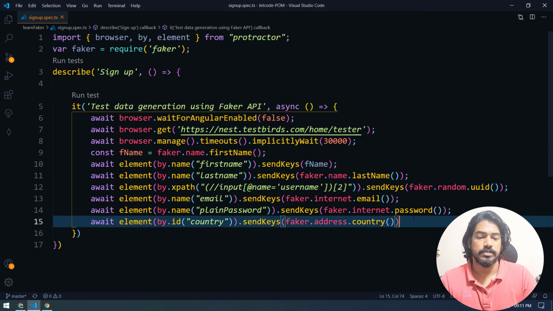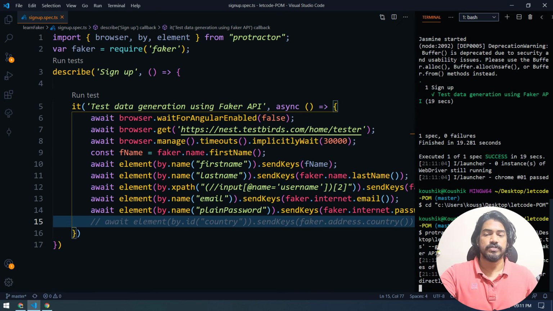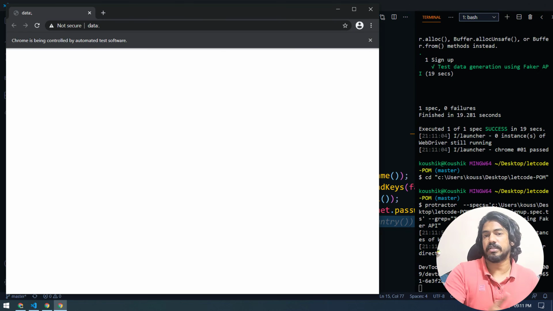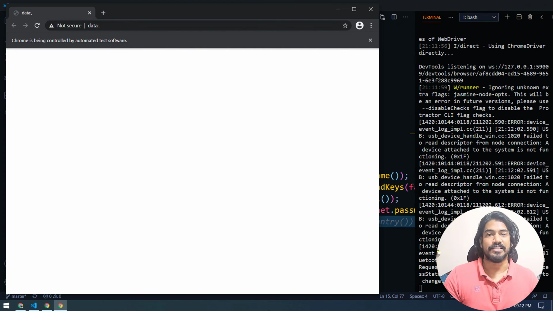Now let's go and type. Before that, I'll just comment this one. So let's make it a passed test case. Of course, we do not have any validation, so obviously it's showing the test case is passed, but we know the reality. That is how testing says true, false, false, true.